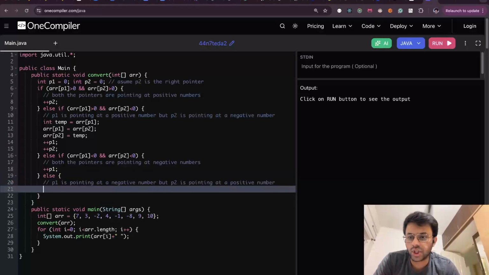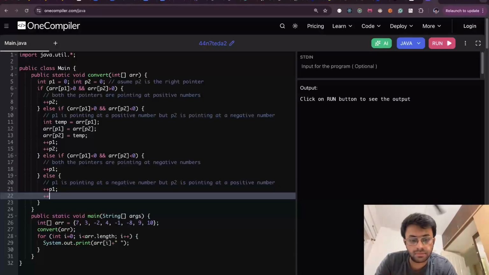Else, the last condition is P1 is pointing at a negative number, P2 is pointing at a positive number. P1 should point at a negative number, it is pointing at a negative number, great. P2 should point at a positive number and it is also pointing at a positive number, great. So both are correct. I'll just move the pointers, that's it. Okay, done. So now, if I run this code,